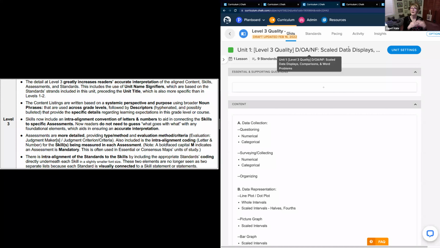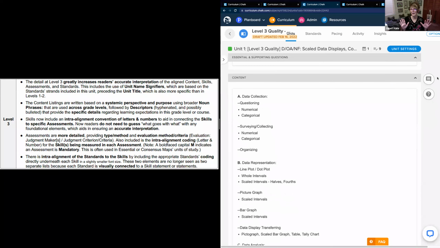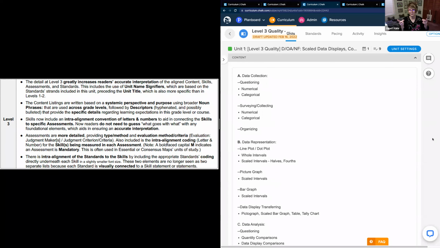So now you'll notice, probably no surprise, the content here is done with noun phrases. Remember, colonoscopies are good for you. And what I find for these, again, I've done this a lot with lots of districts, and I always share what's worked before: when you're dealing with data, it's data collection, data representation, and data analysis. Those are really the big 3. So that's why you see those 3 there as the noun phrases.